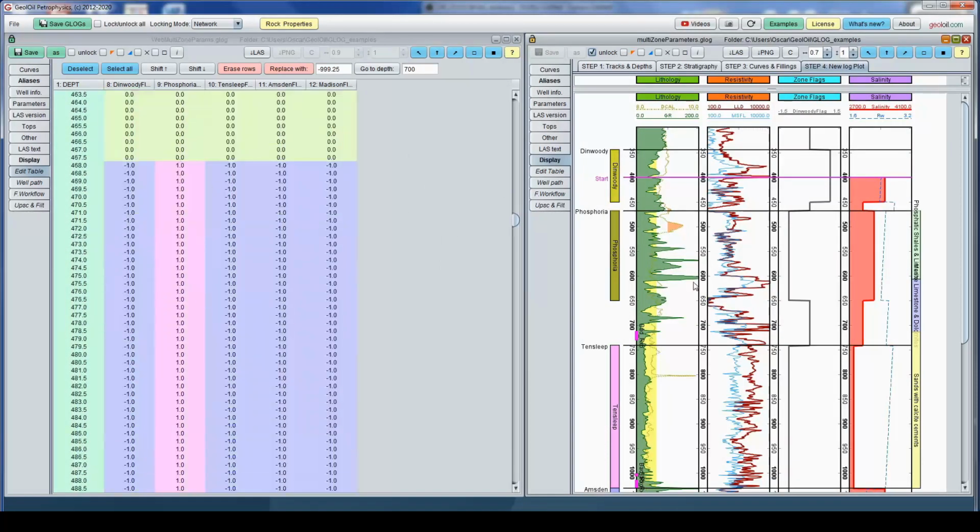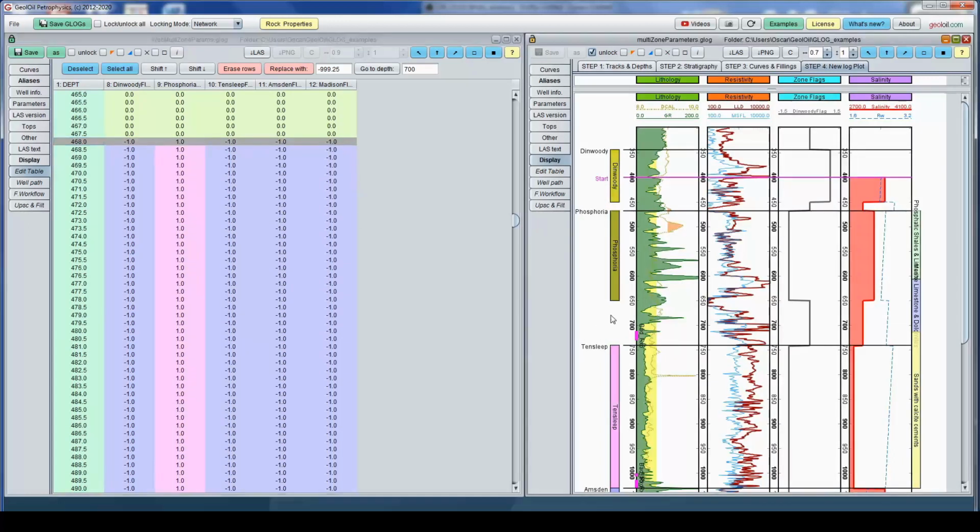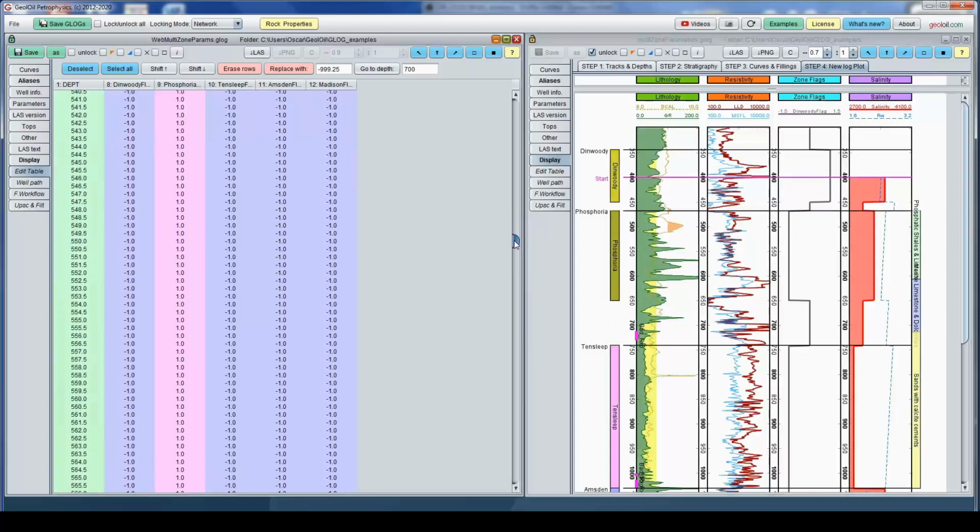Then we hit Phosphoria here. So we know it is Phosphoria, and we have the knowledge it is not Dinwoody, nor Tensleep, nor Amsterdam, nor Madison.